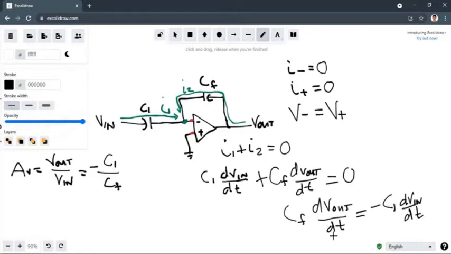Now we can transpose dt. Transposing dt on both sides, it will cancel. So we will be left with CF dV